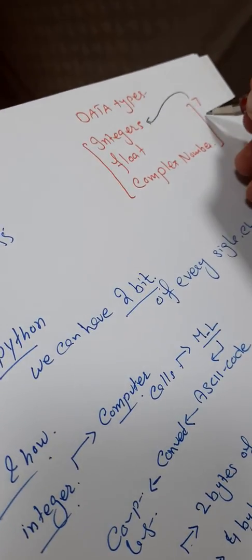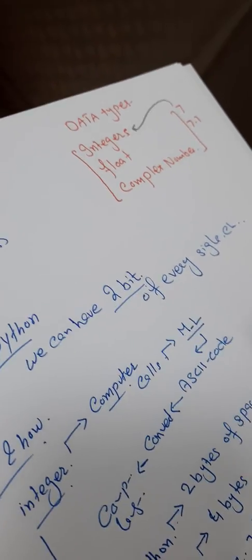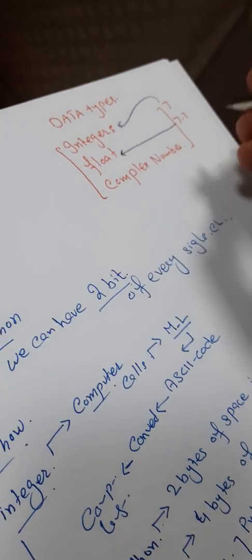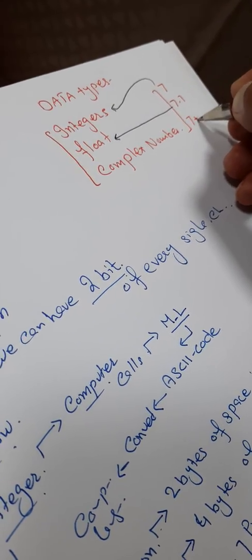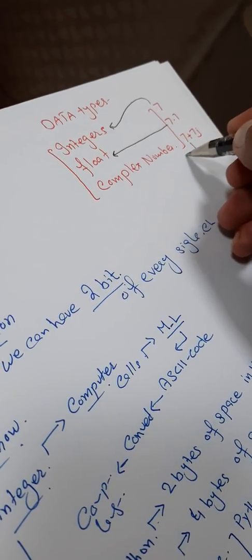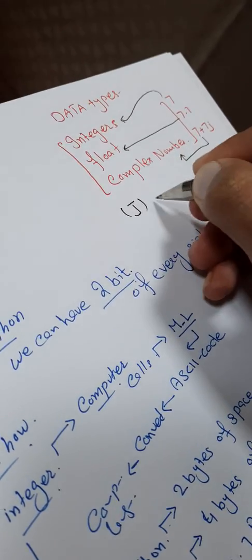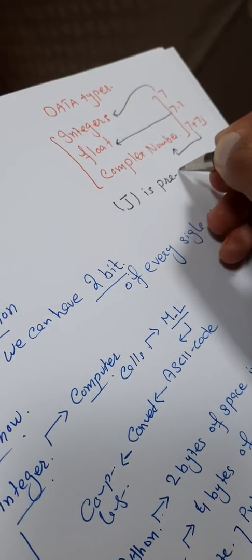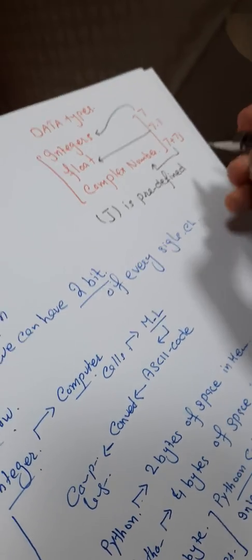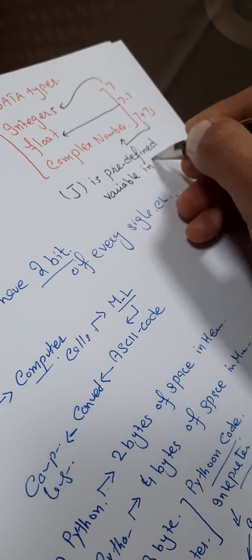And whenever we say 7.1, it belongs to float. And whenever we say 7 plus 7j, it means we are talking about the complex number. Now what is j? j is a predefined variable in Python,